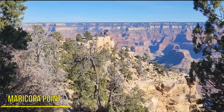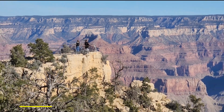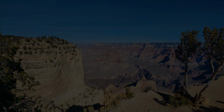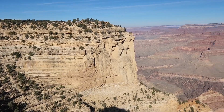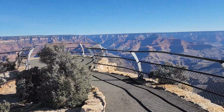Maricopa Point along the Hermit Rest jets out into the canyon. Pretty cool. I'm at Maricopa Point, and it's along the Hermit Rest Trail. You can take a shuttle bus, but it's just beautiful. It jets out here. I'm the only one at the moment, but expansive views